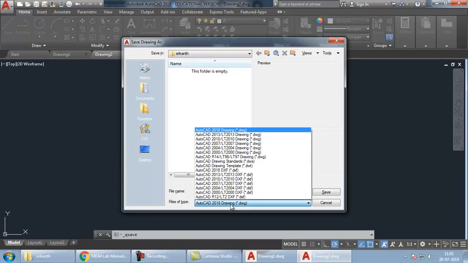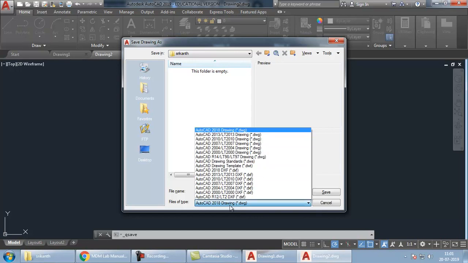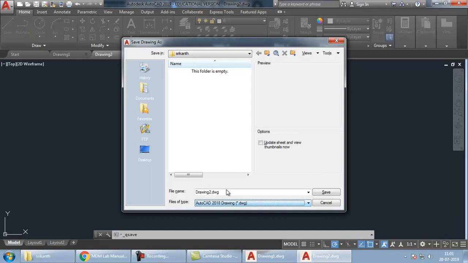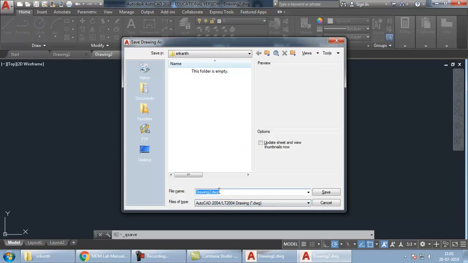So now we are saving it as a drawing file for 2018 version. If you want to open your drawing in an older version, you have to save it with an older version. Suppose you want to send the drawing to some other person who does not have the latest version, suppose he has the 2006 version. In that case, you have to choose the 2004 version.